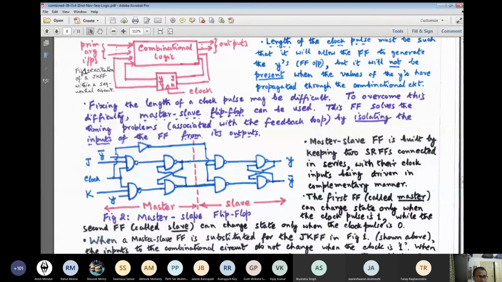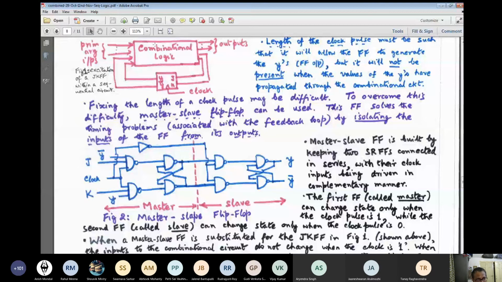Because that path is blocked, as this path will be open to them, that means signal propagation will be allowed when the clock gets back from 0 to 1. So when the clock is at logic 1, the signal can propagate from this point to this point, but not beyond, right? When the clock falls to 0, only then can the signal propagate from this point to this point, and the moment it comes to this point, it can affect the state of the combination logic.